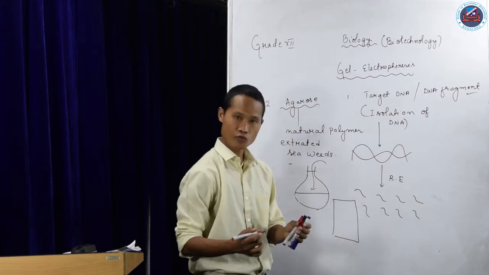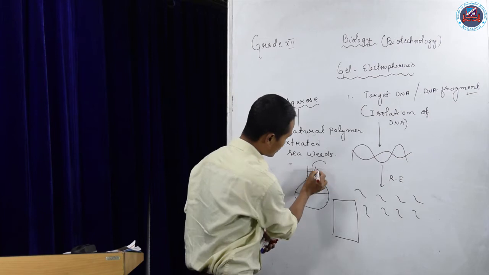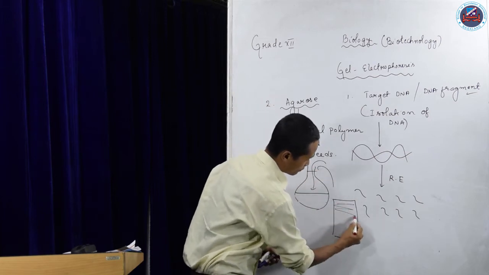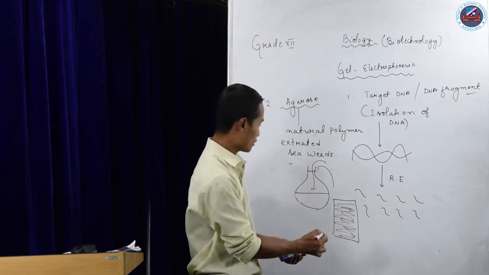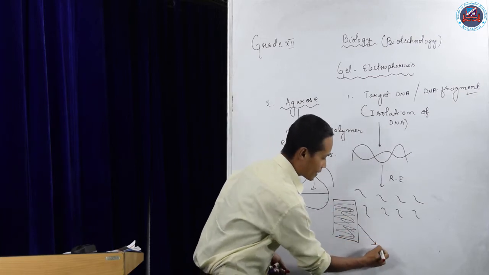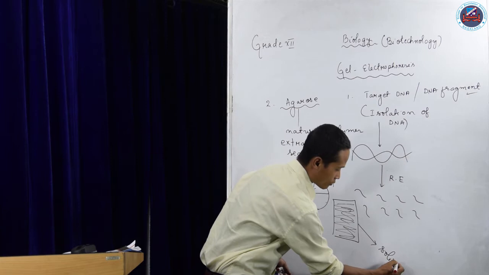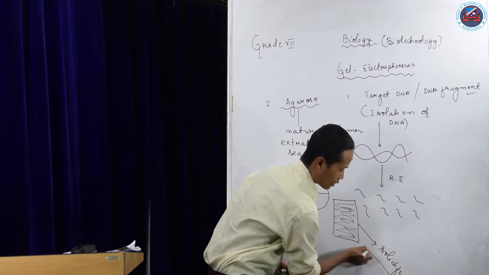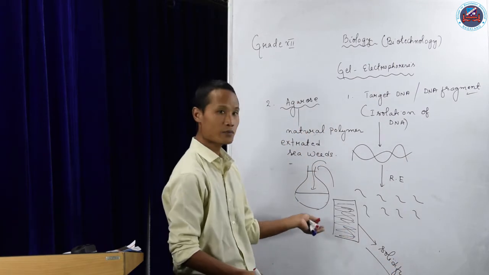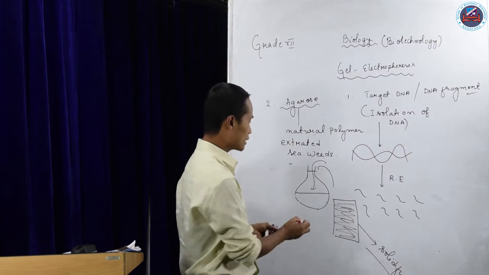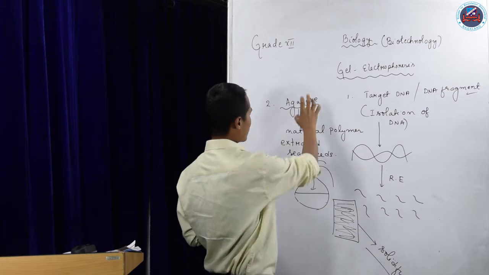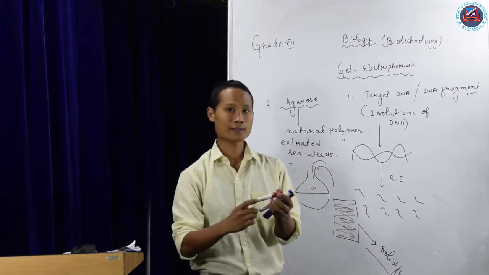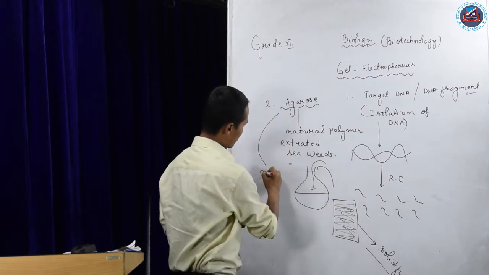It is in liquid form, so we let it solidify, and it becomes just like a jelly material. So agarose is a matrix